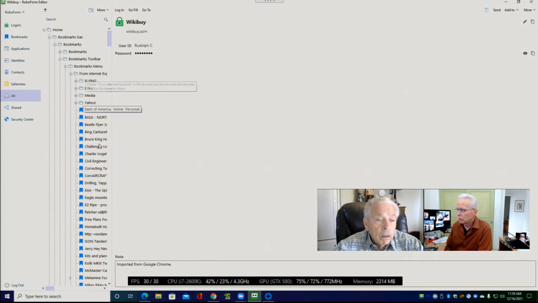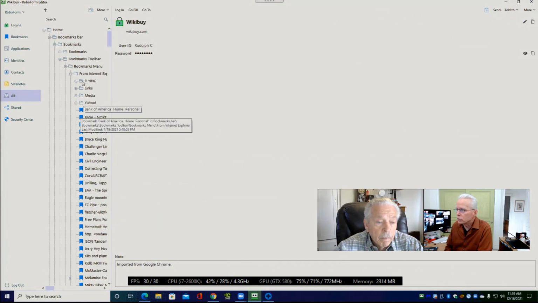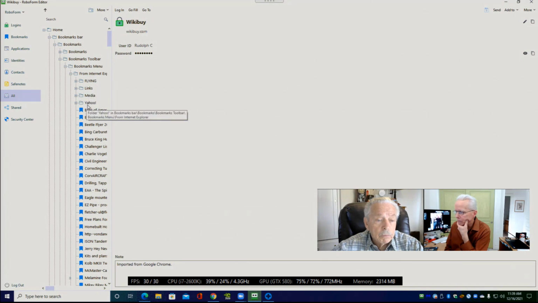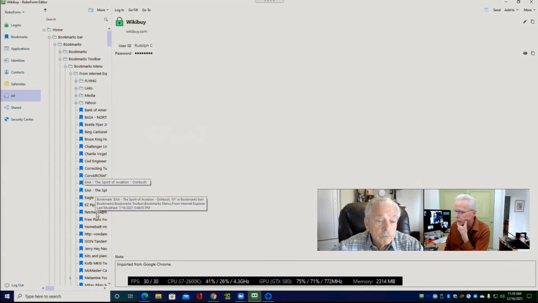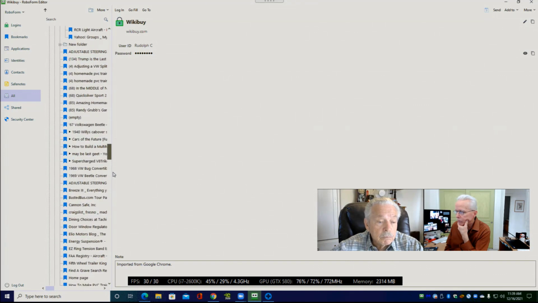So then we want to go to a site that you would have an account. Now here's your Bookmarks Bar, and we were going down the tree over here on Bookmarks. And I think I got down to From Internet Explorer, and then we saw Flying and Links and Media and Yahoo, and I didn't know which of those you might be using. So it turns out that you have everything under this Yahoo folder. And then if we scroll down there, is there a Weapons World?